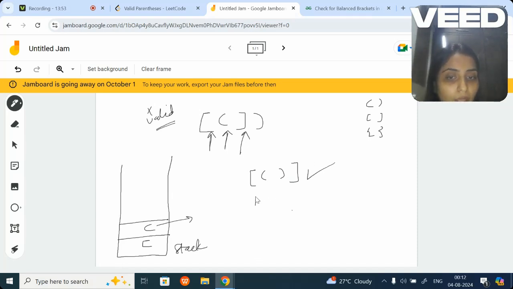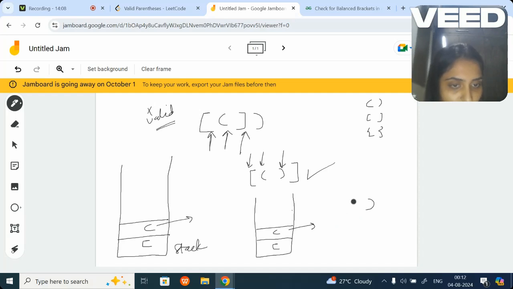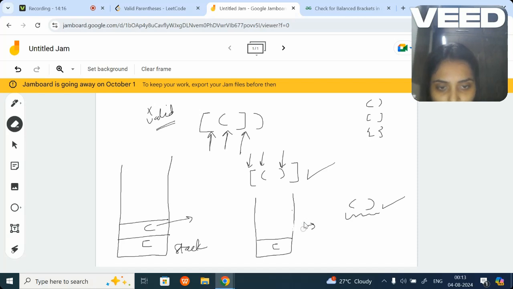I'll tell you why. Now go to your stack. Take the first element. It's an opening tag, correct? Then take the second element. It's an opening tag. Then take the third element. It's a closing tag. And you pop up the first element from the stack and compare these two. Oh, it's a valid parenthesis. Then we will pop this out because we've got the valid parenthesis for this.